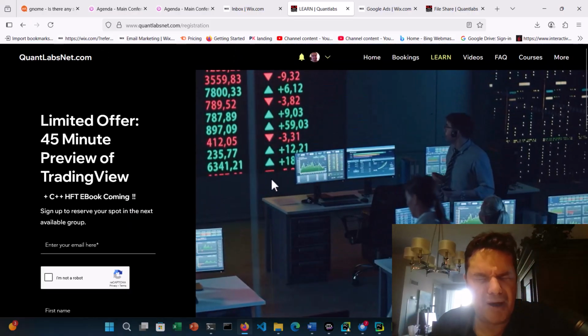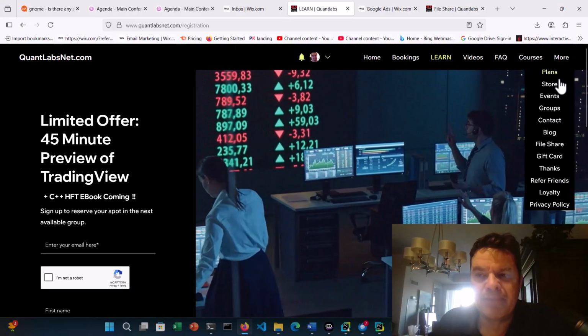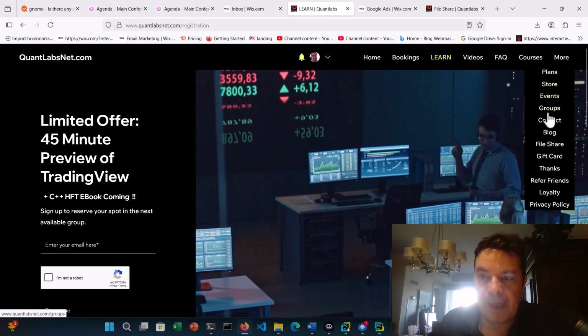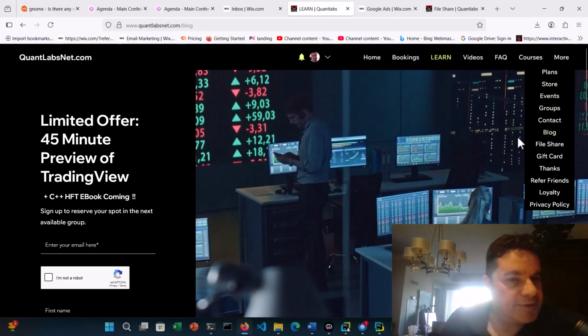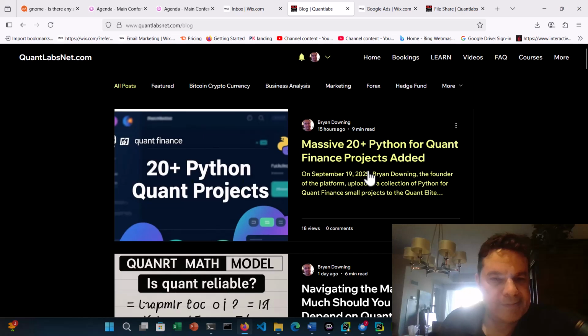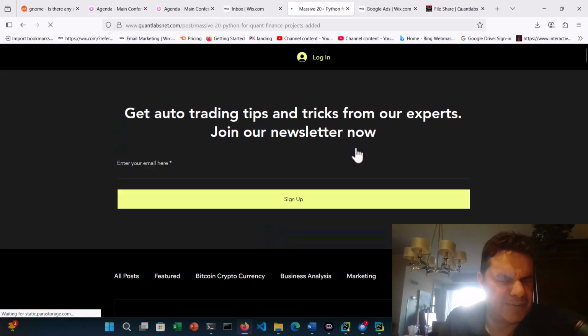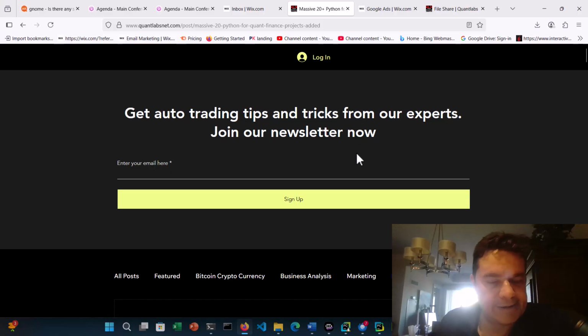So I just did a pretty massive drop into my file share. I'm going to go over some of the sample coding projects that I worked on. About 26 or 20, I can't remember the exact number, but right here, this is the description, the summary of what has been added.